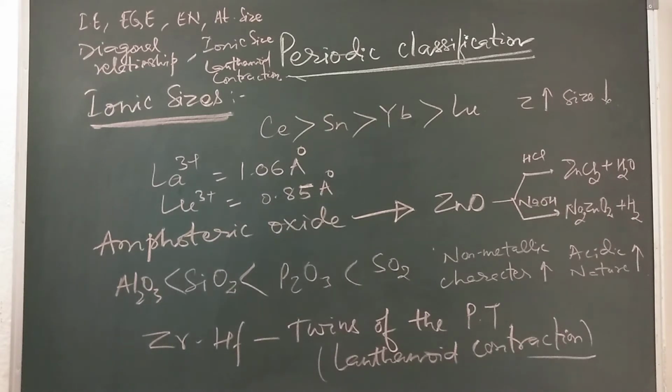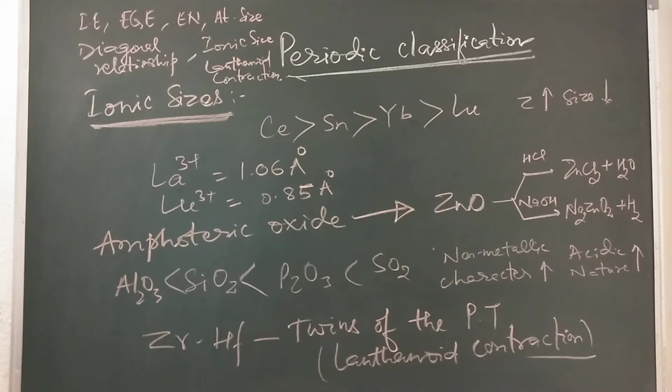Next is electronegativity. As we know, it is the ability of an atom to pull the shared pair of electrons towards itself. It is a qualitative measurement, and the widely used scale to measure electronegativity is the Pauling scale. There are many other scales like the Mulliken scale and the Allred-Rochow scale, but Pauling is the most widely used. In the Pauling scale, the most electronegative element is fluorine, followed by oxygen, nitrogen, chlorine, etc. So you have to remember the electronegativity sequence and the values for a few elements, which will be helpful to decide whether the bond is polar or non-polar.